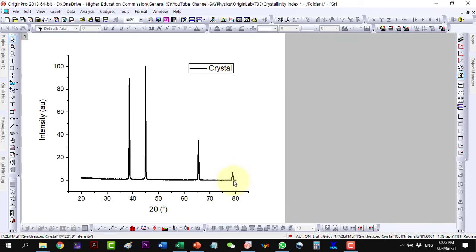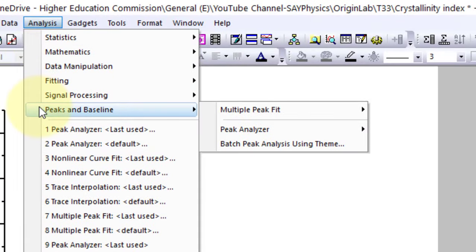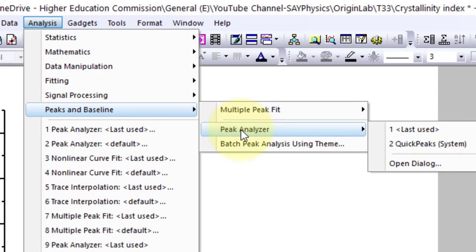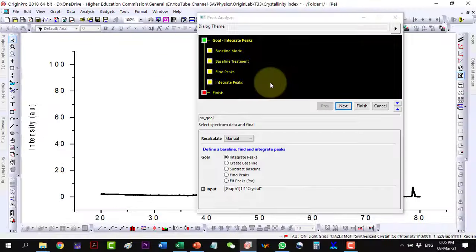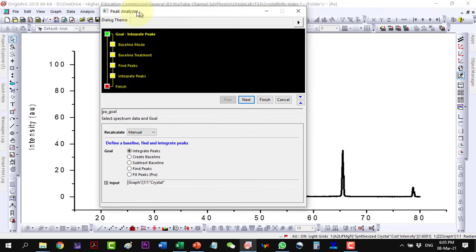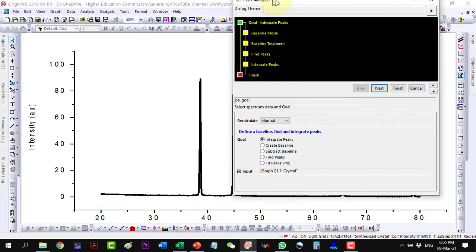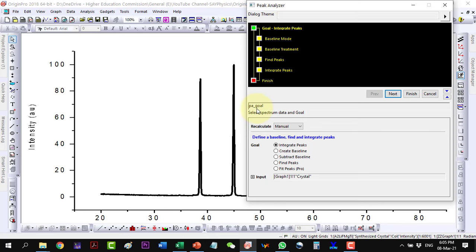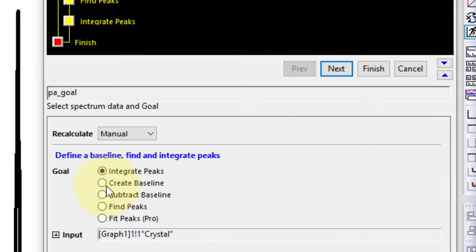Now I can see here that baseline correction is required. So I go to Peaks and Baseline, then Peak Analyzer, and then I open the dialog. And here I will go to subtract baseline.